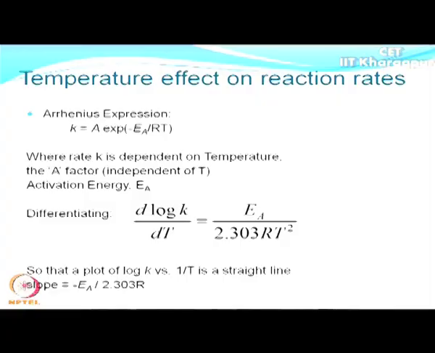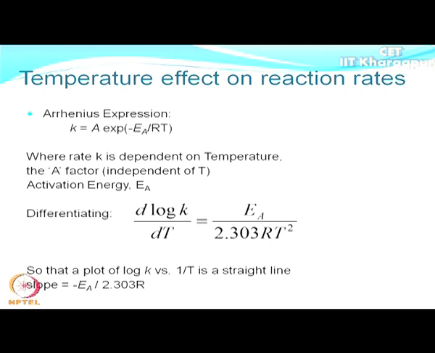So, the rate constant, in which we are very much interested in chemical kinetics, is very much temperature dependent, and this relation between rate constant and temperature has a very famous citation,